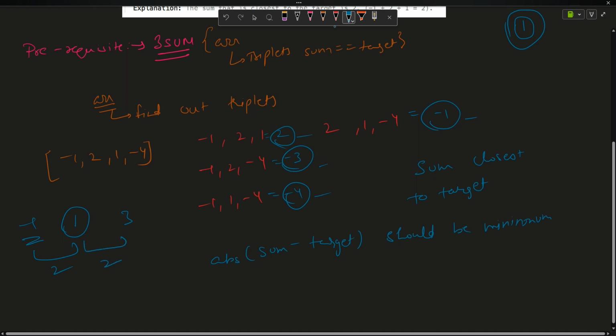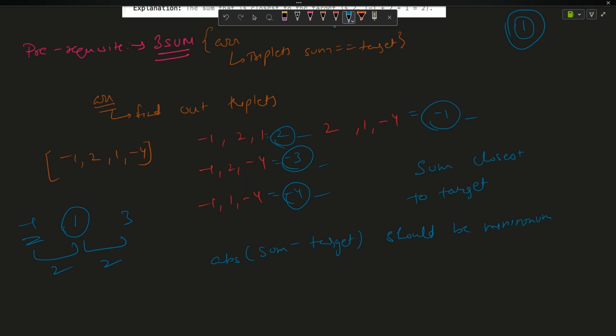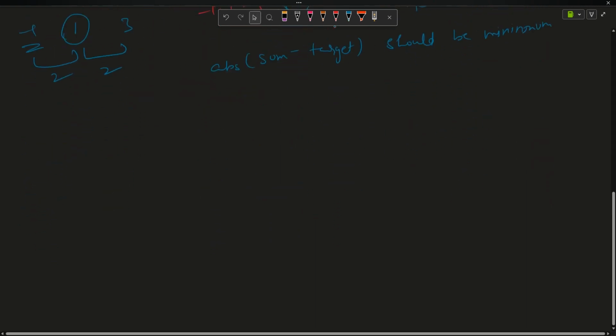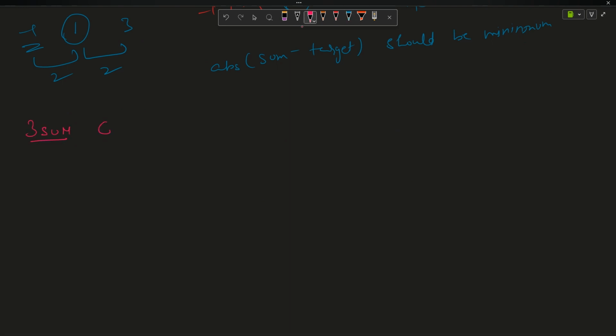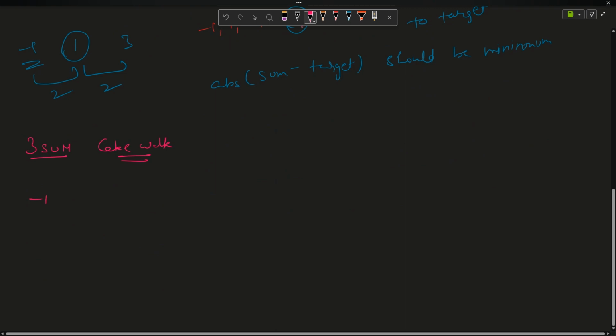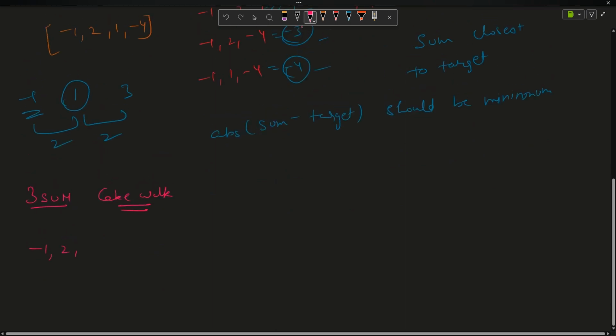So I guess you are easily versed with the problem, that what is the problem demanding of you, right? Okay, now how will you solve it? As a problem solver who has already solved three sum, this problem is a cakewalk, right? How would you solve it? So the array given to you is -1, 2, 1, -4. The brute force approach says find out all the triplets,